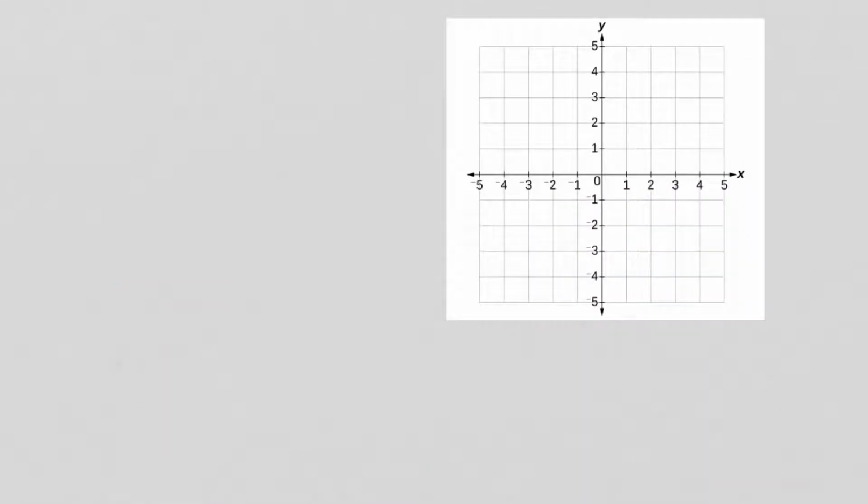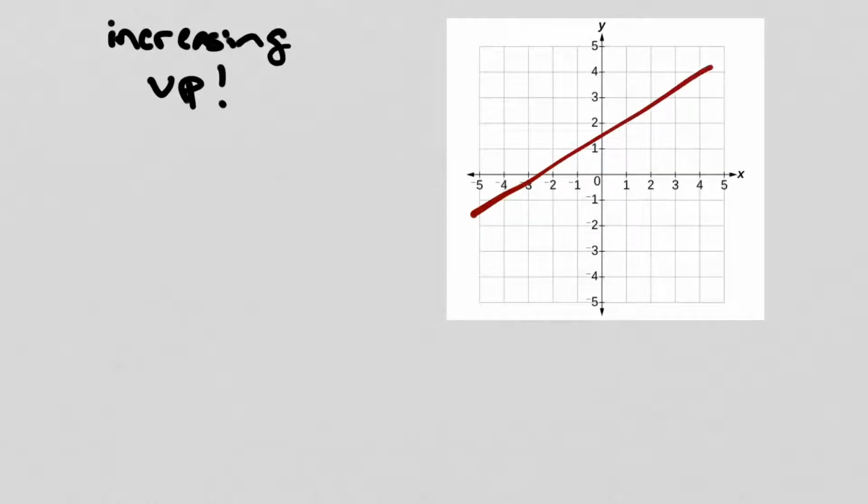So when it comes to our slope, that tells us a lot of information. For starters, if the function is increasing, what that means is our function's going up. Right? So if I have a positive slope, when I draw my line, it'll be going in an upward angle like this. Right? If the function happens to be decreasing,